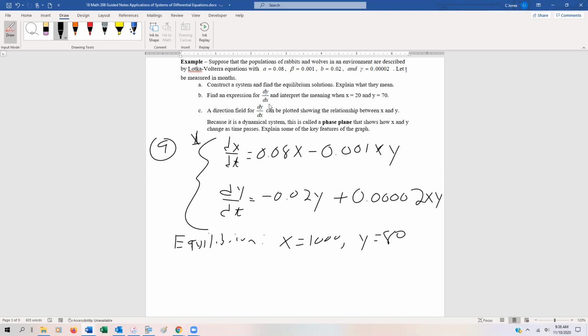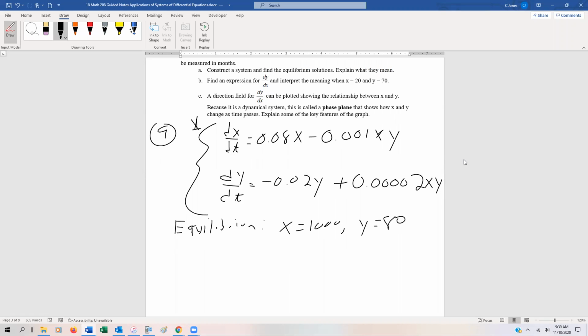So now what we're going to do is find an expression for dy/dx, and then we're going to interpret its meaning when x is equal to 20 and y is equal to 70. And then we're going to plot a direction field for this. All right, so